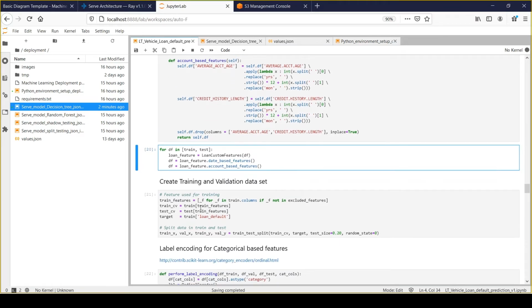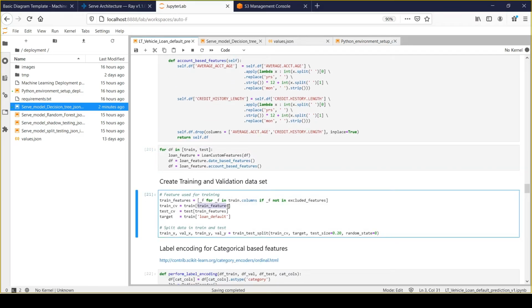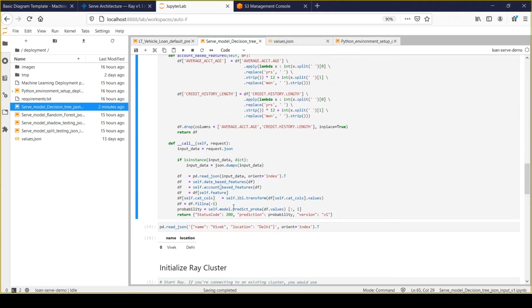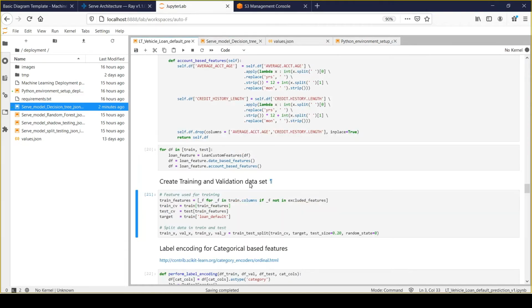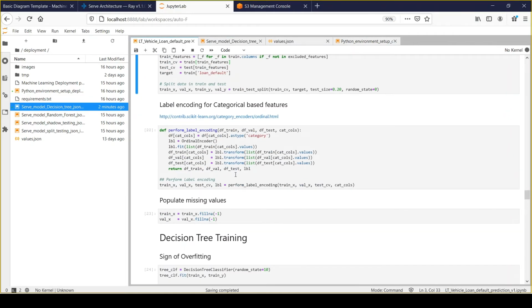After that, we need to take the appropriate columns, because not all the columns are important, and we need to extract only the training features, which would also be used at the time of inference. That's what I have done as the next step. Then we need to perform label encoding.